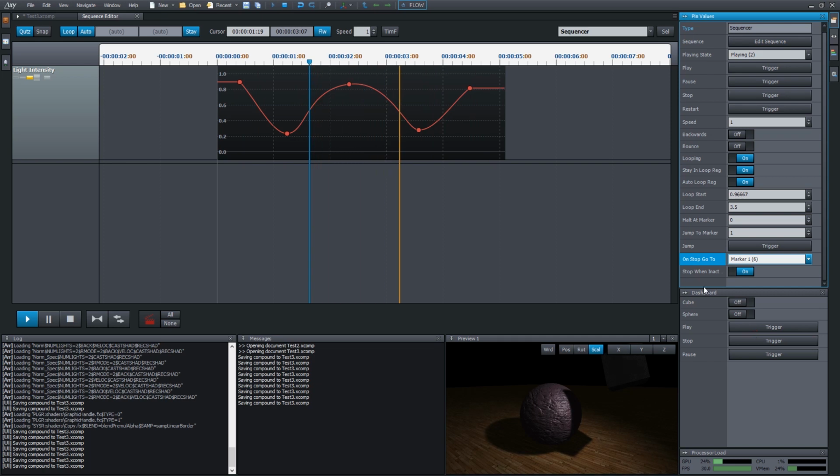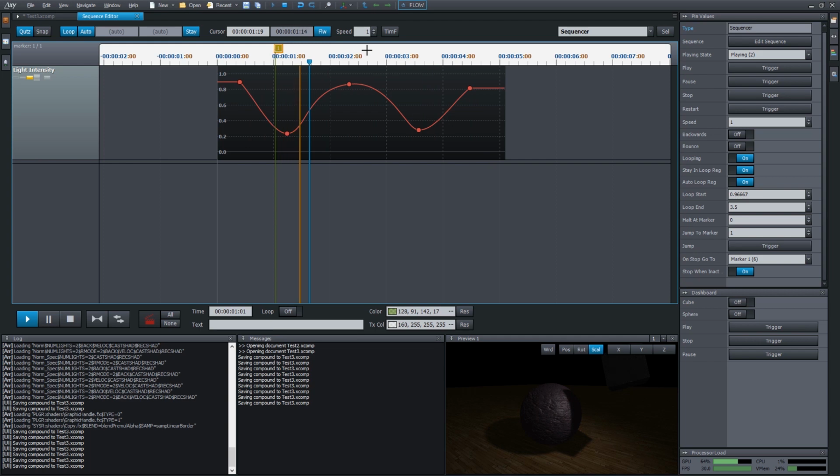What is this marker then? Well, in the sequencer we can place so-called markers freely, in any numbers. With these green vertical lines, we can mark special positions in our animation. Among them, there is the first one. If the onStopGoTo is set to marker 1, then the playing position will jump back to this position when we